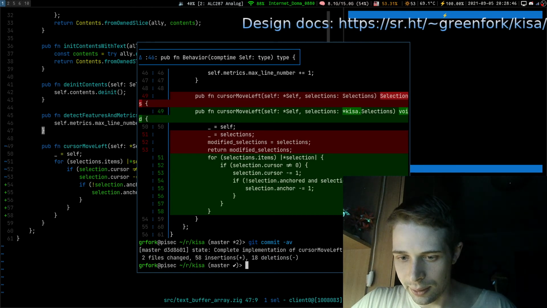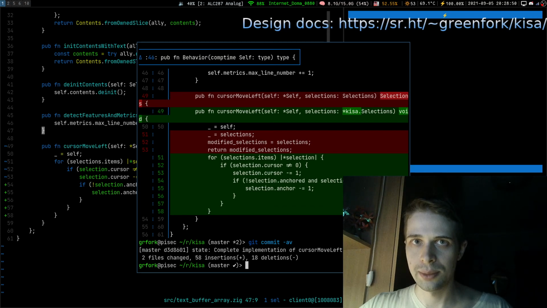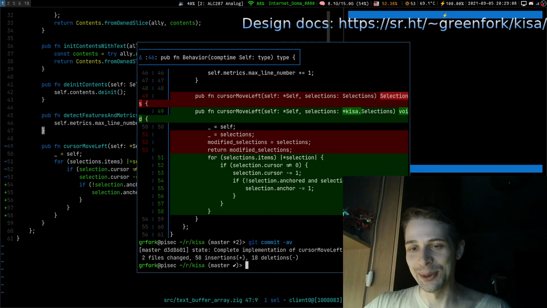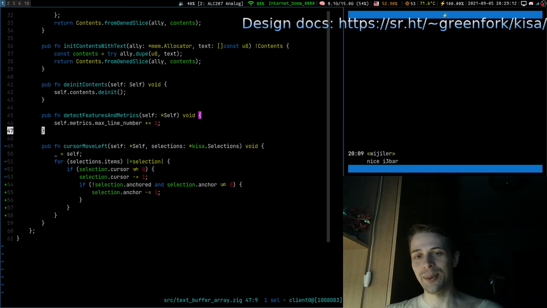Okay, so I think at this point this is a good point to stop doing what I do and return later. I will try to do some things offline, maybe some less interesting things like moving the cursor to the right. It's probably not too interesting, and I will try to come back with something really interesting, or not, who knows.